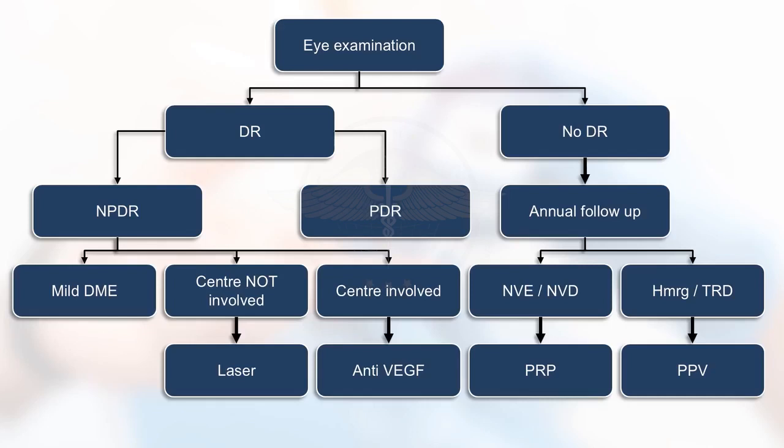And if it is proliferative diabetic retinopathy, with neovascularization elsewhere or neovascularization at the disc, PRP is required. PRP is pan-retinal photocoagulation. And if there is hemorrhage or tractional detachment, it is